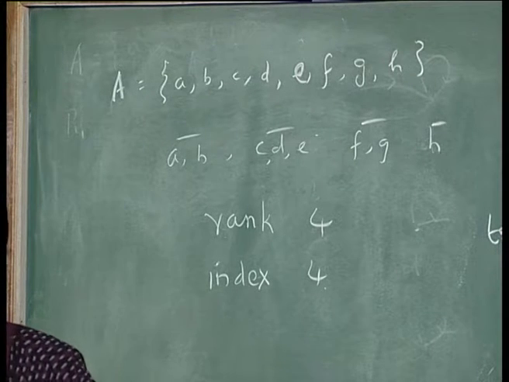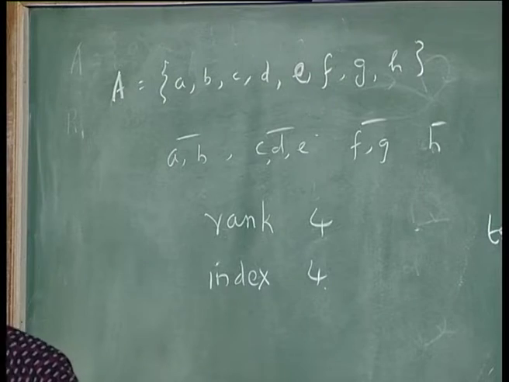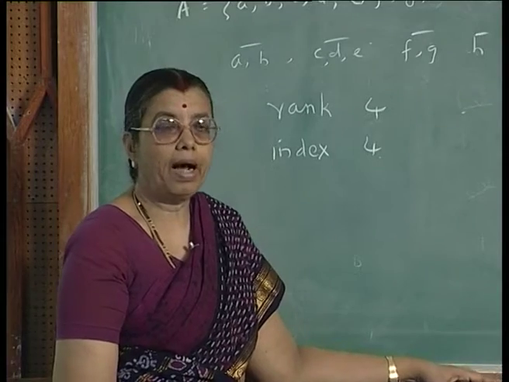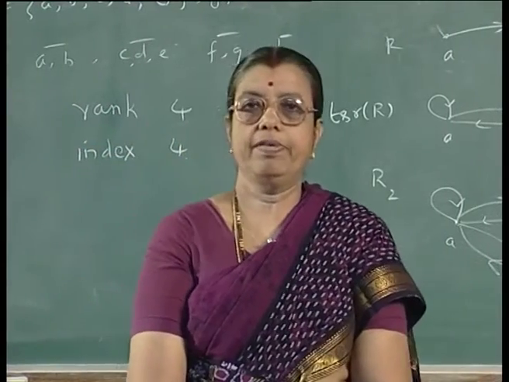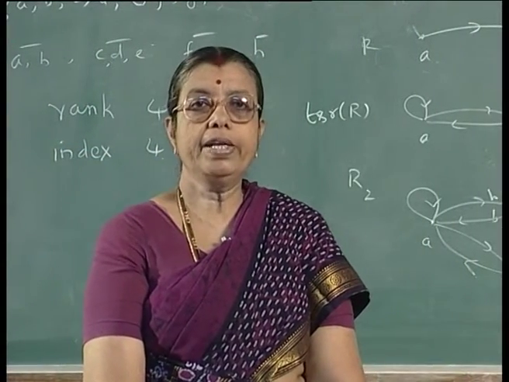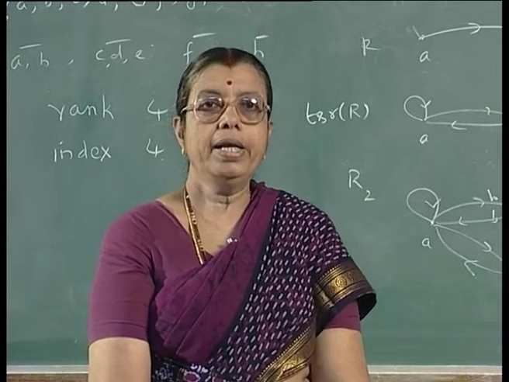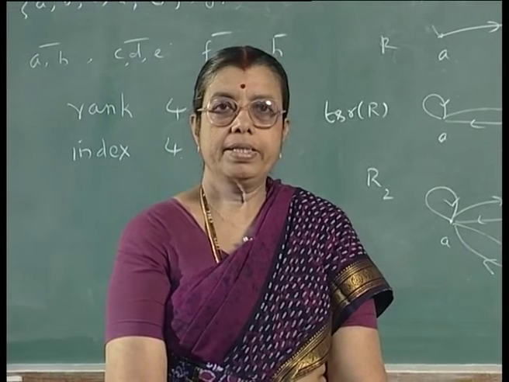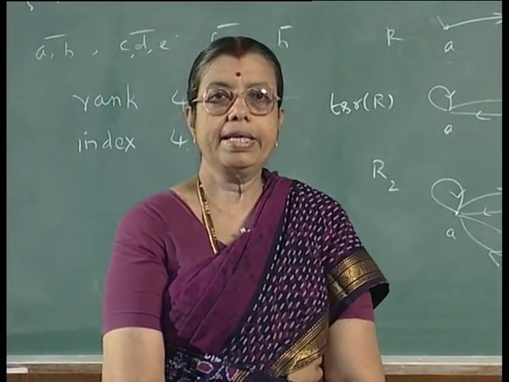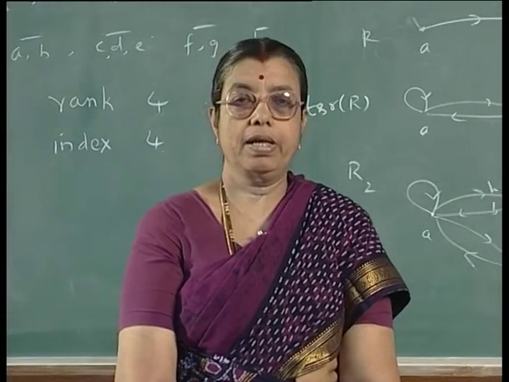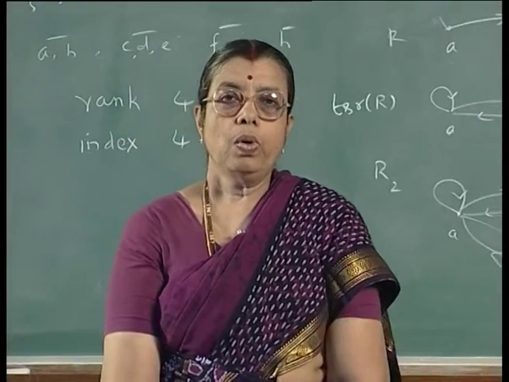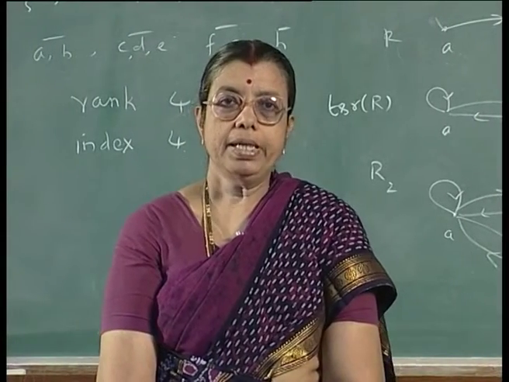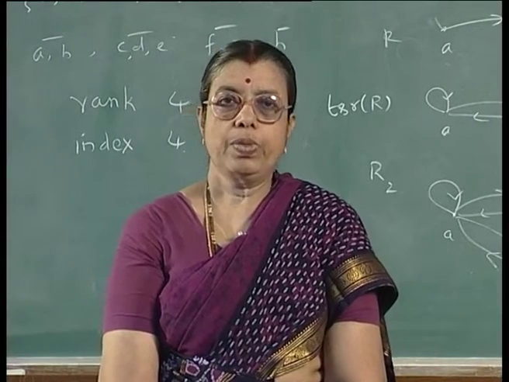If pi is a partition on an infinite set, say for example, the set of non-negative integers, you are dividing it into odd and even integers. So, the rank is 2. There are 2 equivalence classes, or 2 blocks in the partition, I should say. There are 2 blocks in the partition and so the rank is 2.